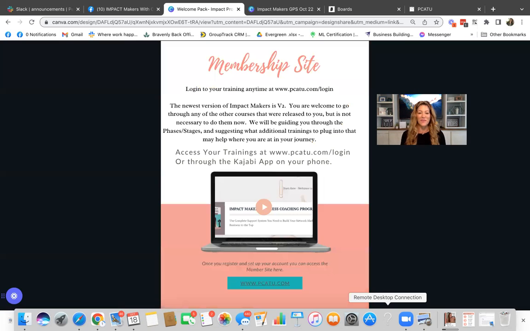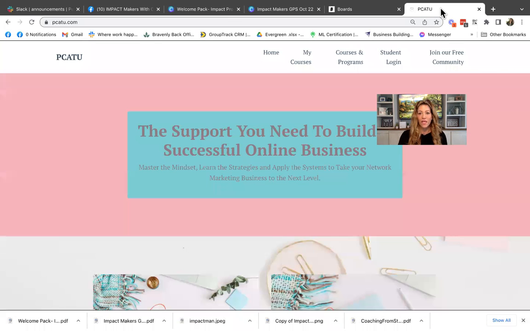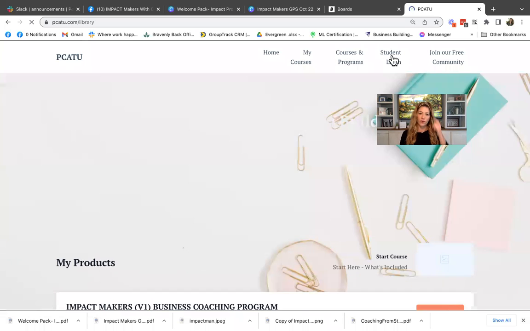Membership site. Now, you should have access two ways to the membership site. If you need a refresher, you can go to our website, www.pcatu.com, anytime. And when you get here, you'll see at the top, it just says student login, okay?